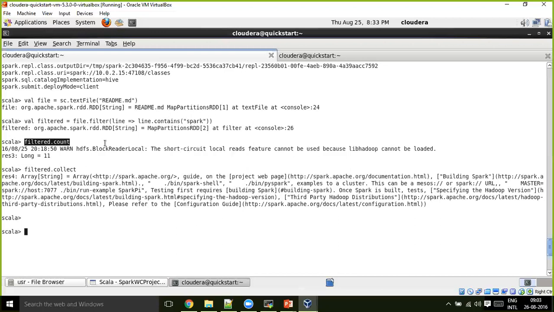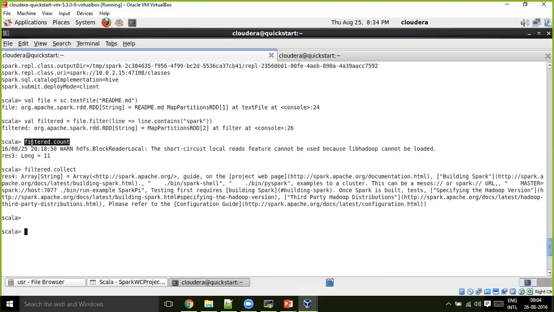So whenever you do any transformations on the RDDs, your actual data will not get loaded into your RAM, or actual operations will not happen. Only when you run an action, then all the previous dependent operations will get executed at that moment.